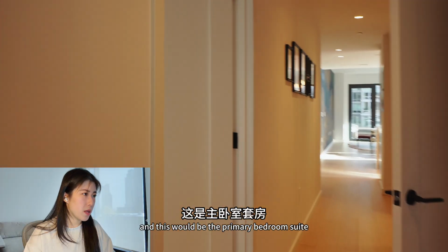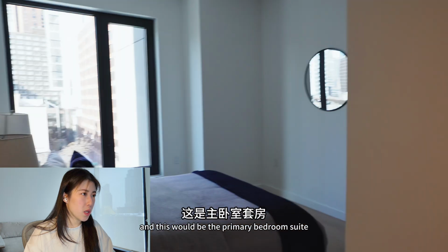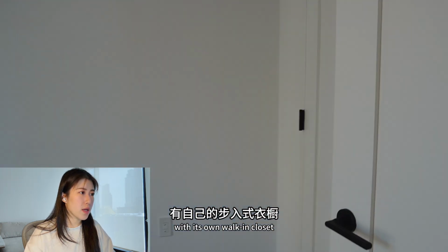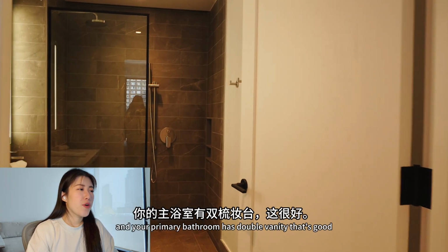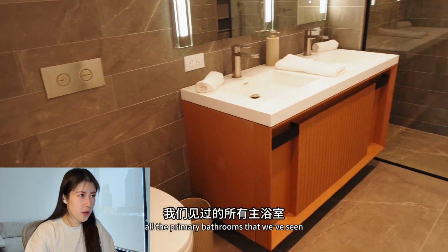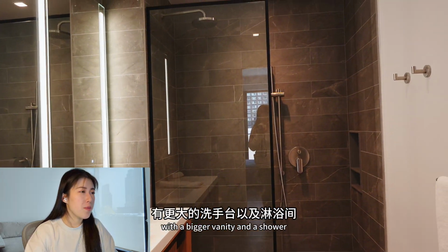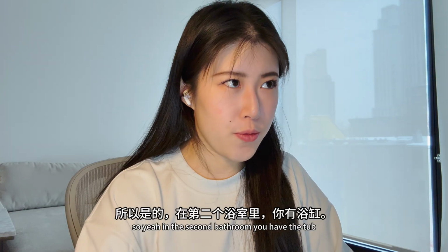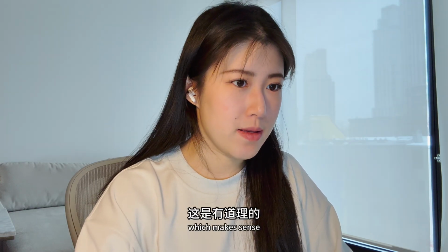And this would be the primary bedroom suite, same exposure, with its own walk-in closet. Your primary bathroom has a double vanity. That's good. Finishes look like all the primary bathrooms that we've seen, with a bigger vanity and the shower. So yeah, in the second bathroom you have the tub, which makes sense. That was their typical classic 2-bedroom line, and it is